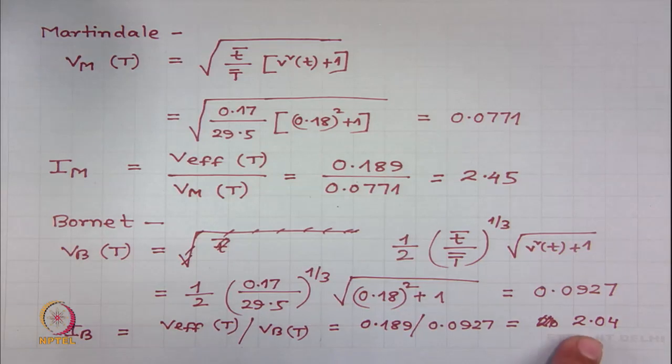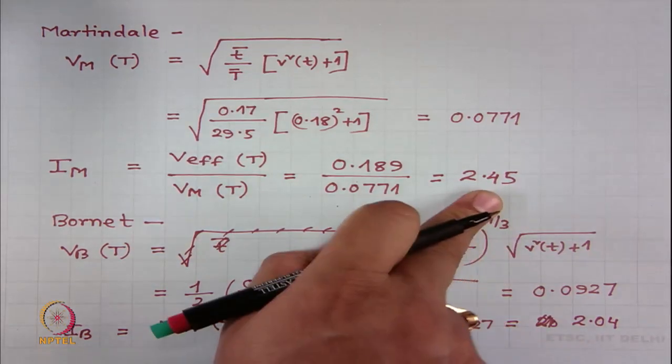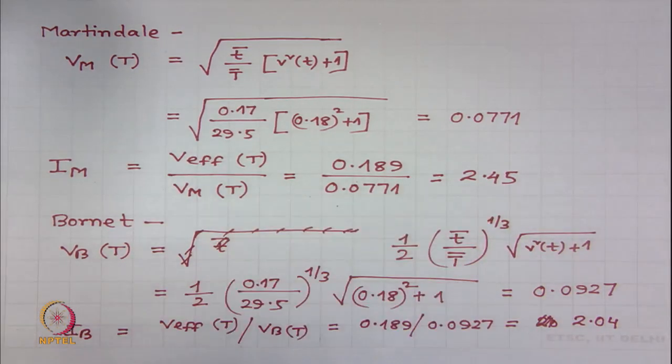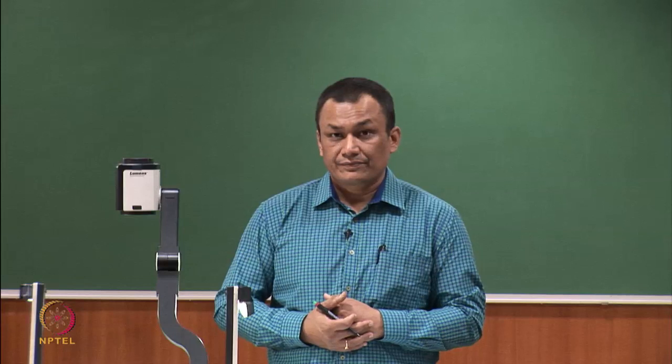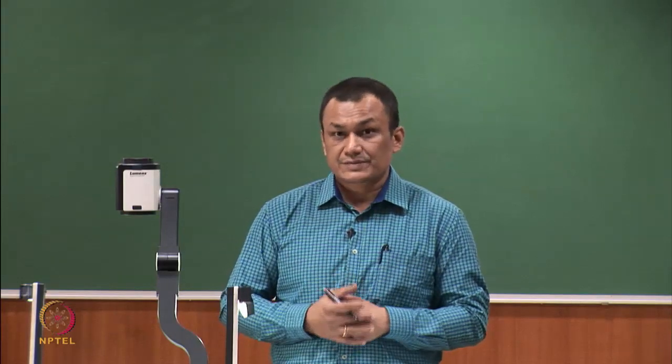This value is little less than this value. So, the Bornet's idea of clusters forming sliver is probably